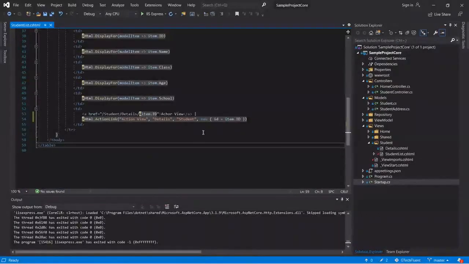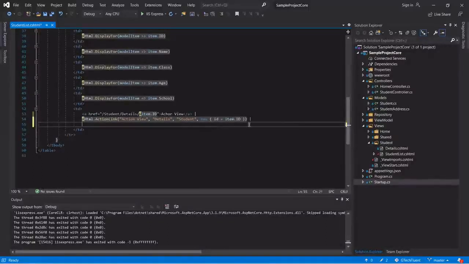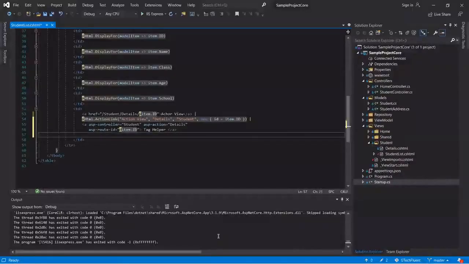Now let's add the tag helper link here and we'll see the benefit of the tag helper over the anchor tag and the action link. So we have now added the tag helper link here. Before adding the tag helper, you must import @addTagHelper into our view imports. So let's go to the view imports.